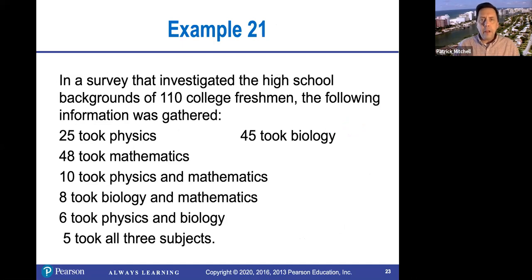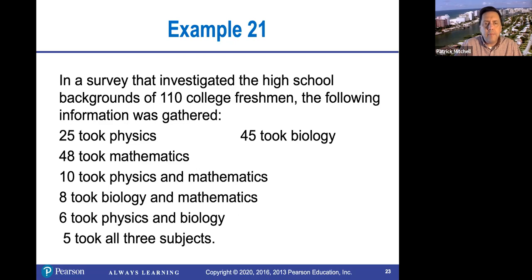All right, I'm going to use my tablet for this one. In a survey that investigated the high school backgrounds of 110 college freshmen, the following information was gathered. This is supposed to be what they took in high school: 25 took physics, 45 took biology, 48 took mathematics, 10 took both mathematics and physics, 8 took biology and mathematics,